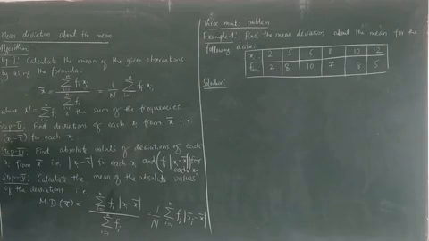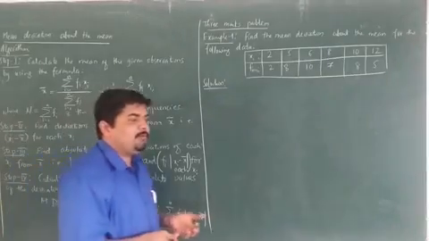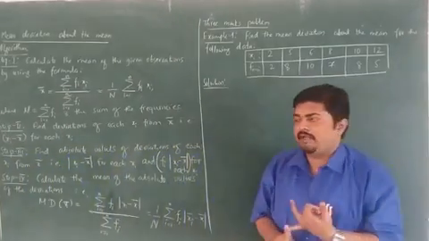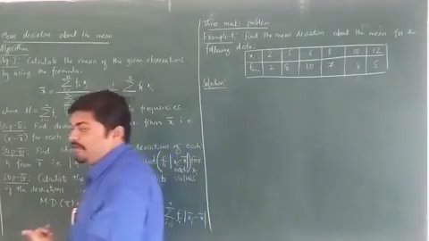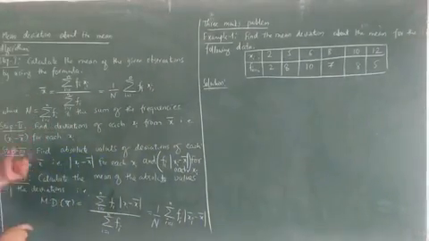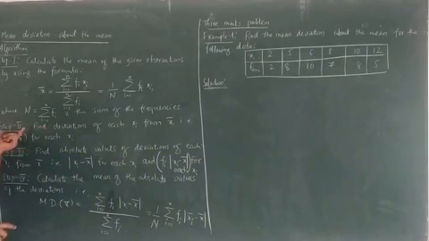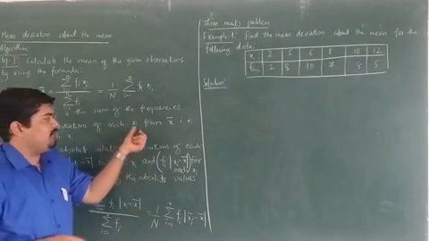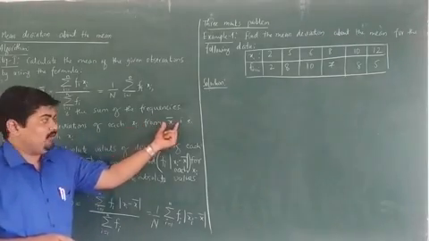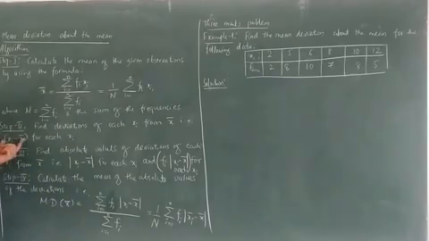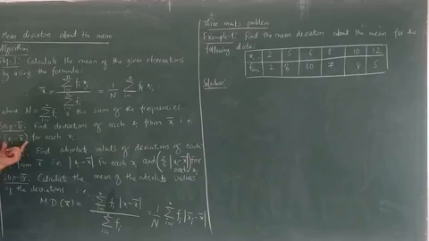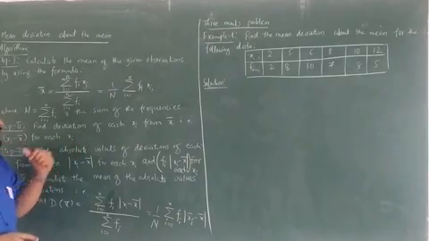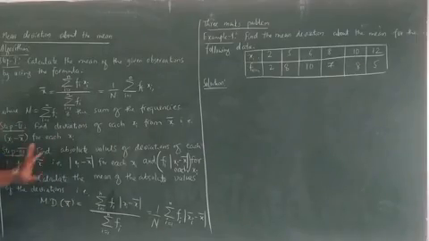Now in step number 2, as we have done in case of the ungrouped data points, we are supposed to calculate the deviations of each and every observation from the mean. Here we are supposed to find the deviations of each xi from the mean of the given observations. That is, your task is to calculate the parameter xi minus x bar for each of the given data points. This is step number 2.